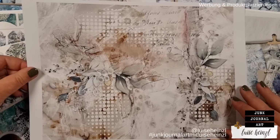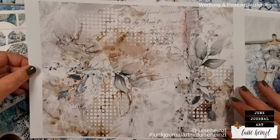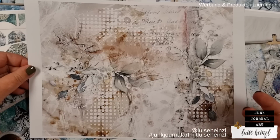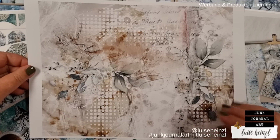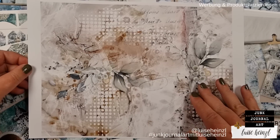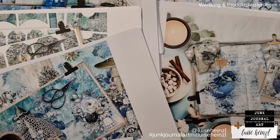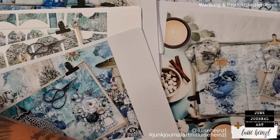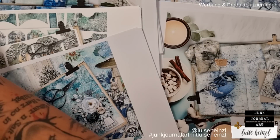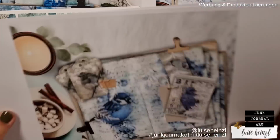And of course, you can use this for several different journal themes. It doesn't necessarily have to be winter. I think these are great neutral journaling pages as well, so of course you can include them into any other theme. So that was that. And then I would like to go on with some more older pages and sets